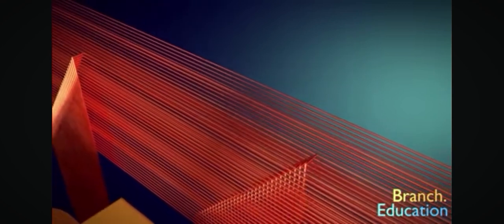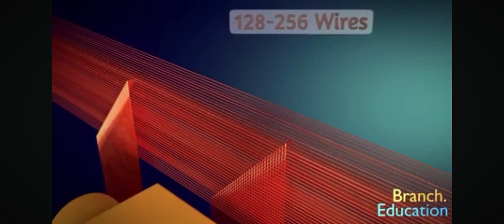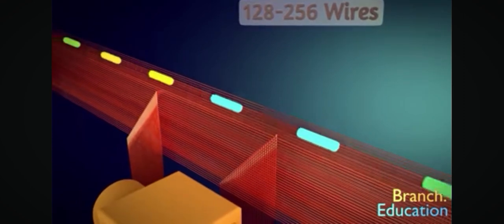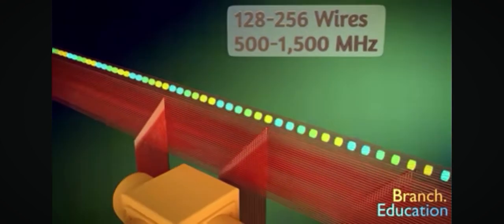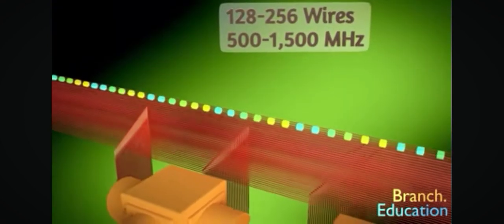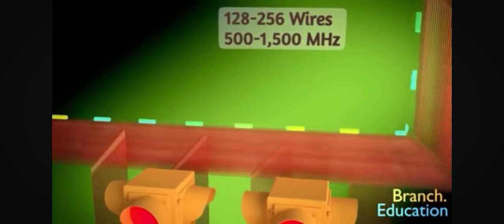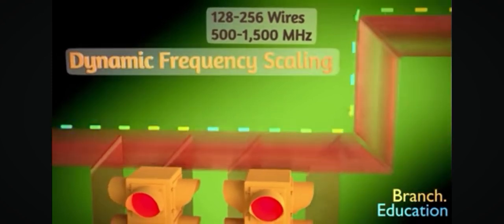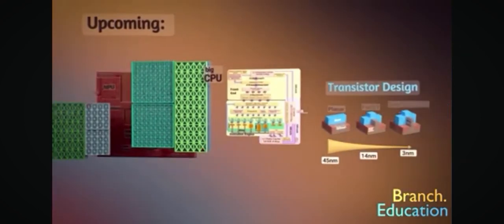Depending on required data rates, there are typically 128 or 256 wires running parallel to one another, carrying 1 bit at a time and operating between 500 and 1500 megahertz. In order to avoid wasting power from your smartphone's battery, the frequency and resulting data transfer rates across the network on a chip ramp up and down depending on the requirements of the applications you're running, and this feature is called dynamic frequency scaling. Before we explore the CPU and see